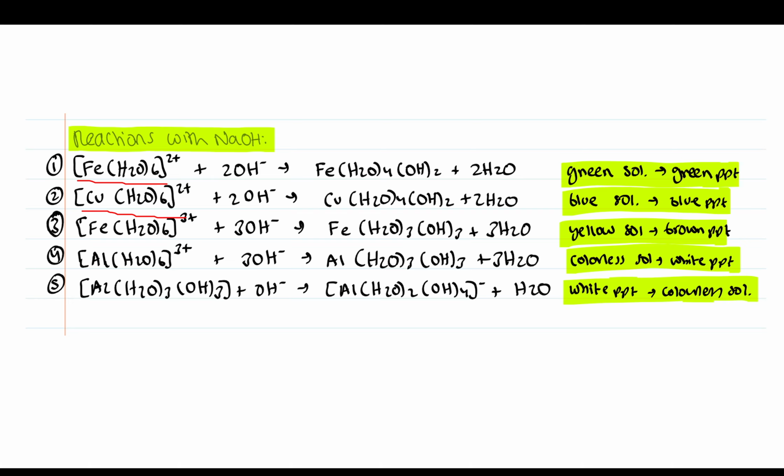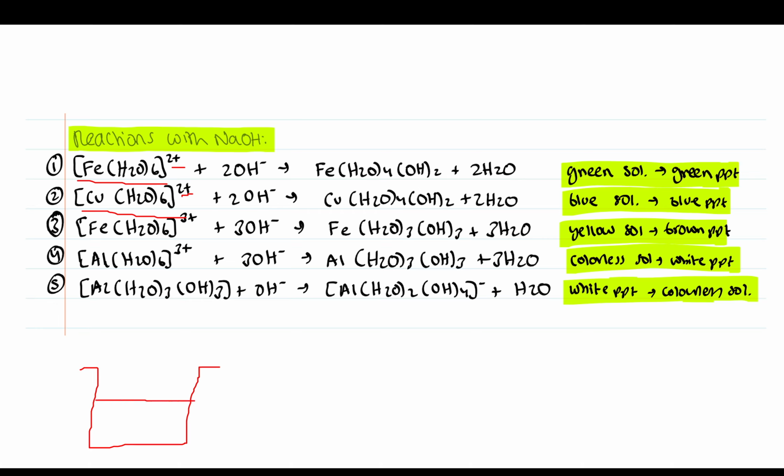What happens is that this OH over here takes the place of two H2Os, and so two H2Os are displaced as well. And you need to remember the colors. These ones are solutions because it's a 2 plus, meaning that it's not a precipitate. What a precipitate is